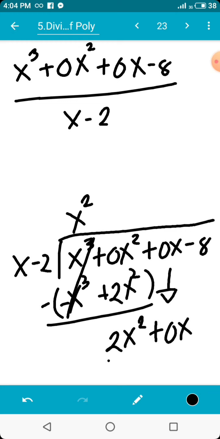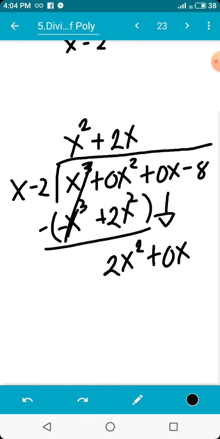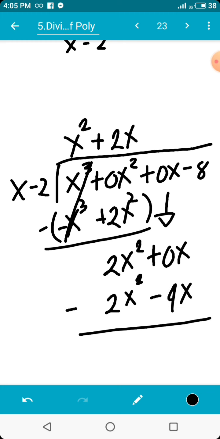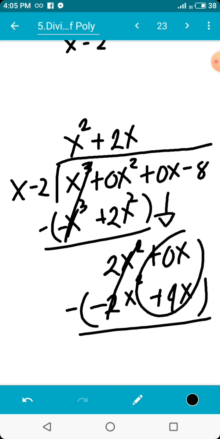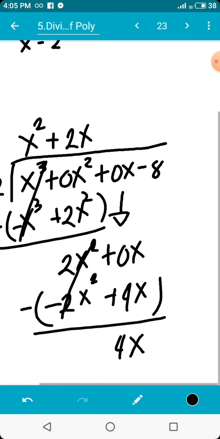So, divide natin yung 2x squared sa x. So, 2x squared divided by x. So, we have positive 2x. And then, times natin both. So, we have 2x squared. And then, negative 4x. Okay? Then, minus ulit. Then, mag-iiba yung sign. So, we have positive and negative 2x squared. Cancelled. And then we have positive 0x and 4x, so that is 4x, okay? And then bring down this,